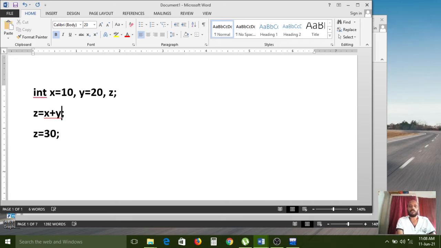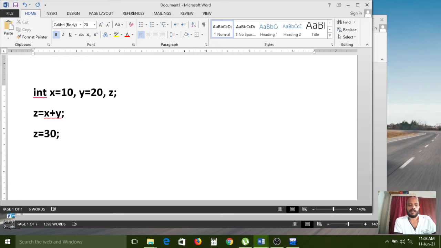So here the plus operator indicates what type of operation you need to do: the sum operation for these two operands. x is replaced with 10 and y is replaced with 20. After that the plus symbol enables the sum operation between the two operands.